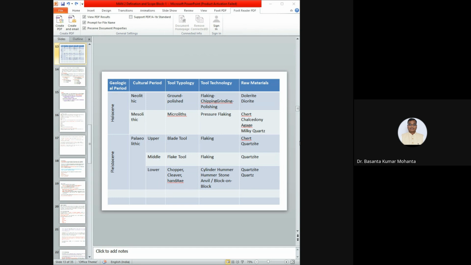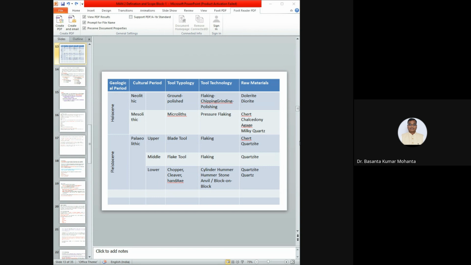It was Robert Bruce Foote who discovered stone tools from Pallavaram near Madras in 1863. So that was not at an institutional level. Similarly, in other parts of the country also there were a lot of works, a lot of discoveries of prehistoric artifacts between this time period, and that is up to 1900.